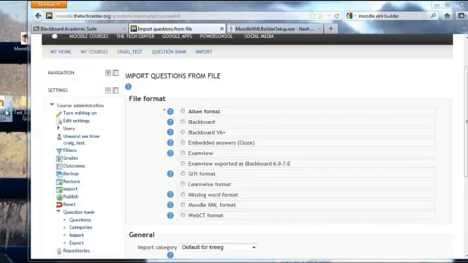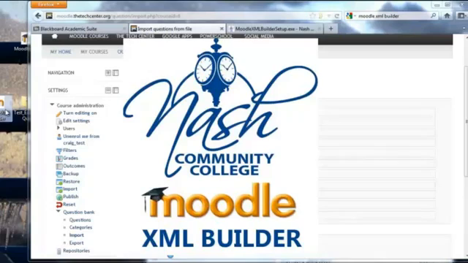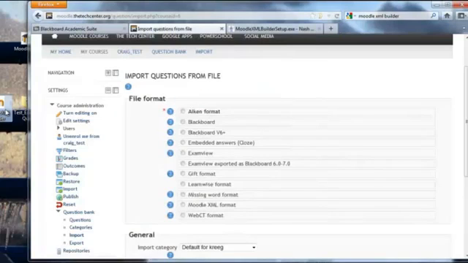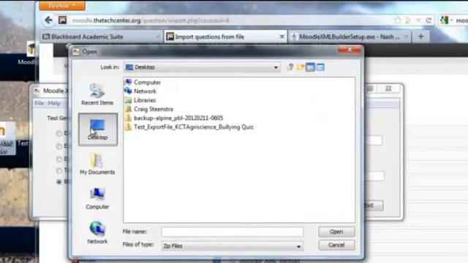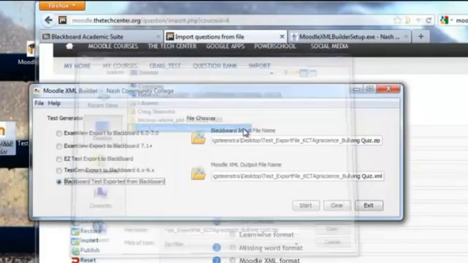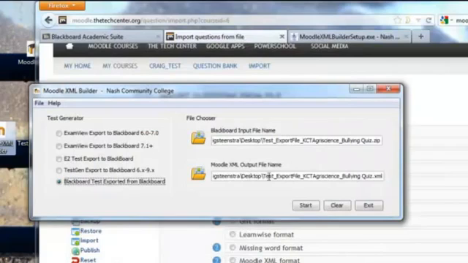So if I go over and click on the XML Builder and open it up, it looks like this. Now I have all these options for which format I'm going to use, and I'm going to choose Blackboard Test Exported from Blackboard. And I go to this top field, double click on that, and I'm going to choose the zip file with the bullying quiz on it, and you can see at the end it's going to convert it to an XML file. So I click Start,